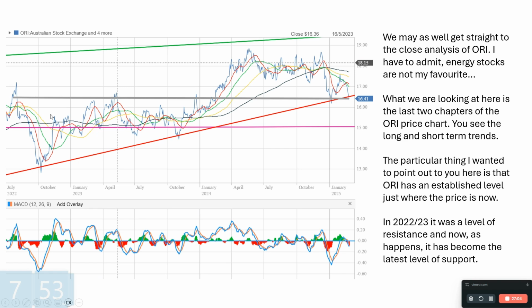What I'm suggesting, and again remember this is all subjective, is that the grey line can be seen back in this period as being a level of resistance. Since the stock price passed through that level of resistance, I'm suggesting that it has become a level of support. Again, subjectively,